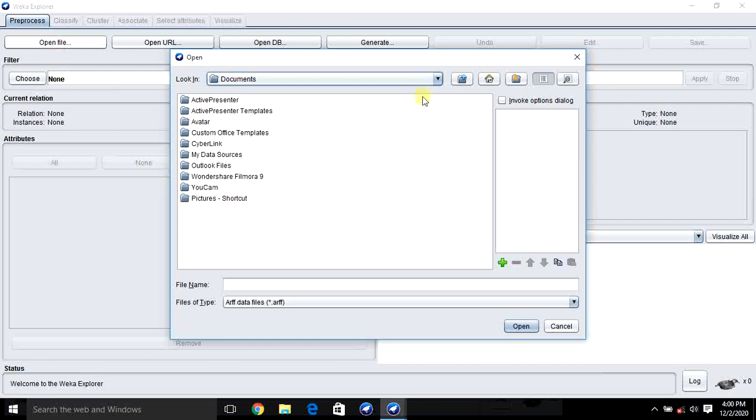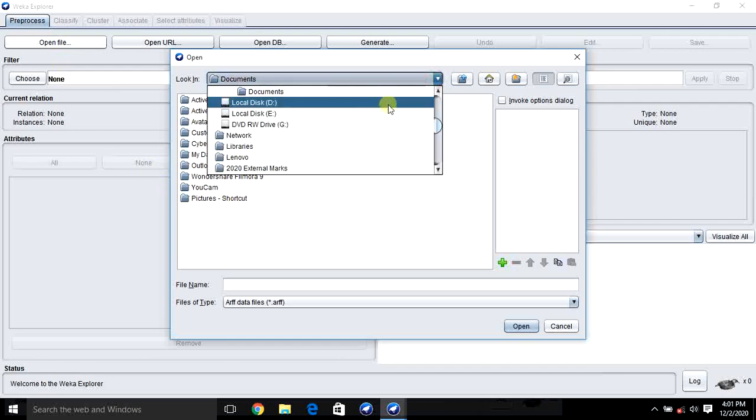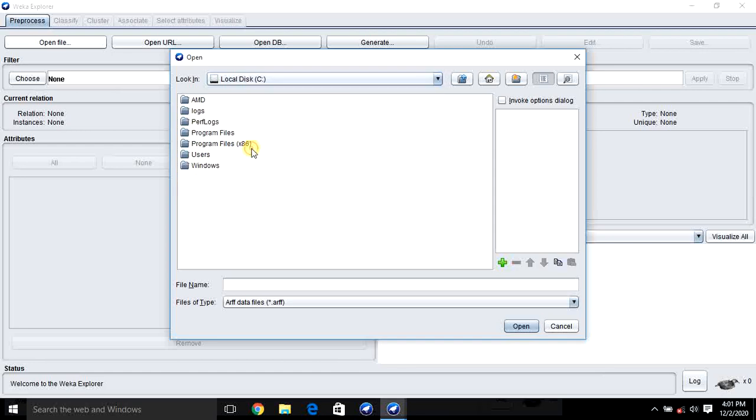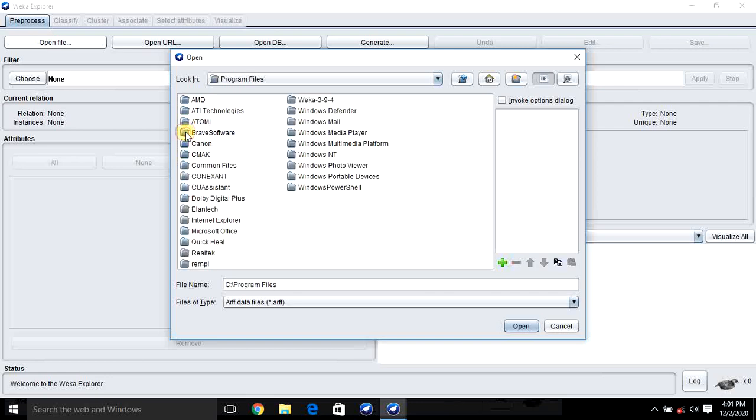Now, here you can first choose the location of that particular drive, C drive. The files or datasets are contained in Program Files. Click on Program Files, where you can see the Vega 394. Click on Vega 394.